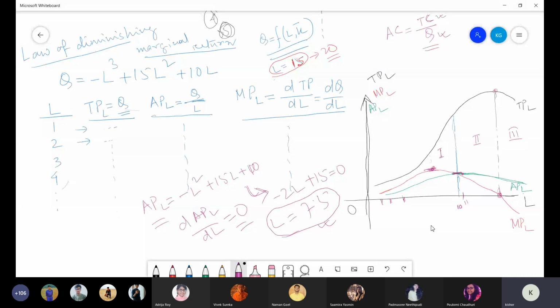Now some of you might be thinking that, okay, how can labor become 7.5? Either it may be 7 or it may be 8. But please remember that I didn't mention that this unit of labor is only one. The unit of labor may be 100 or 1,000. It's a big industry, suppose. If it is 100, then what will happen? It will be 750 labor, 750. So no need to worry whether it is 7.5 or 7.35, whatever it is. Do not worry for that one. Your purpose is to calculate it exactly.